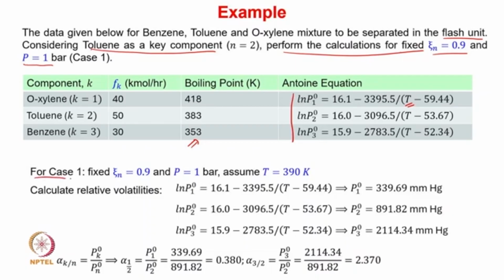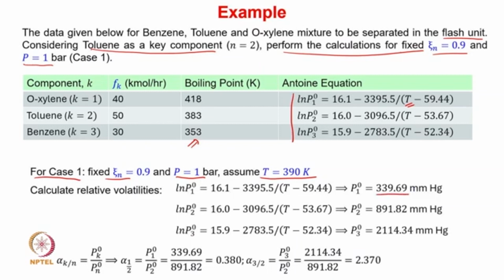Now for case 1, remember in case 1 there is a zeta n which is fixed. That means the split fraction of the key component is fixed, which equals 0.9. The key component here is toluene, and the pressure is given as 1 bar. So clearly we have to assume the starting value of the temperature, isn't it? So the temperature value let's assume as 390 Kelvin. Now at 390 Kelvin we can again use the Antoine equation and calculate P1, P2, P3, which comes out to be